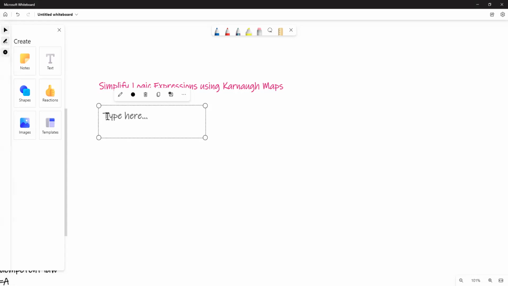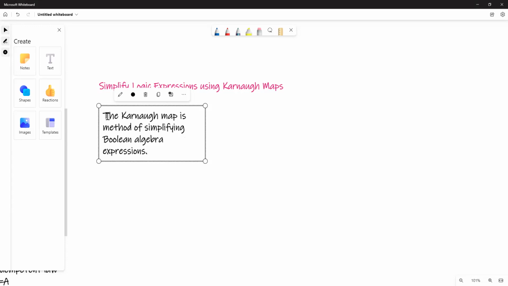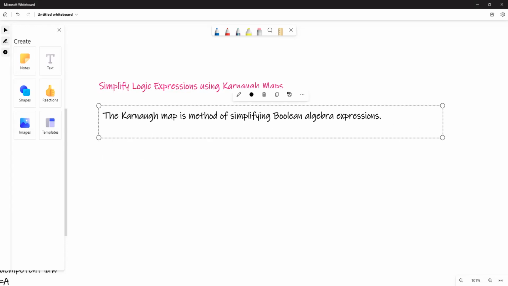Right. Let's write down what a Karnaugh map is. The Karnaugh map is a method of simplifying Boolean algebra expressions. Now, if you ask me why Karnaugh maps, because we have already used the